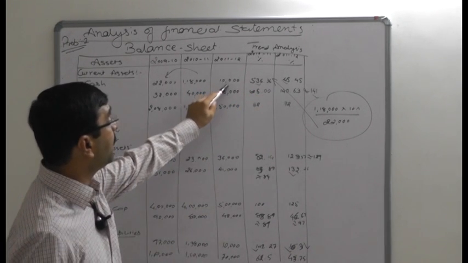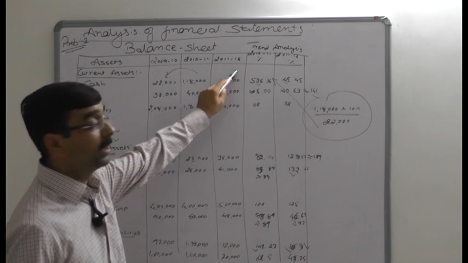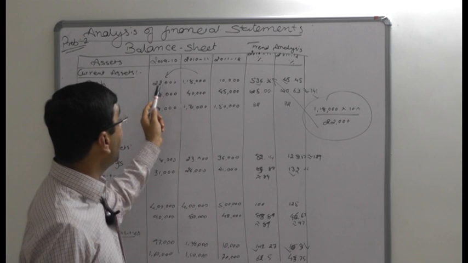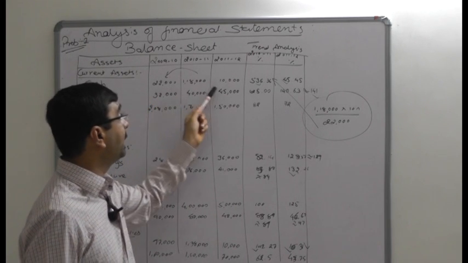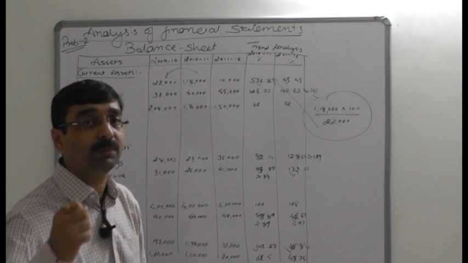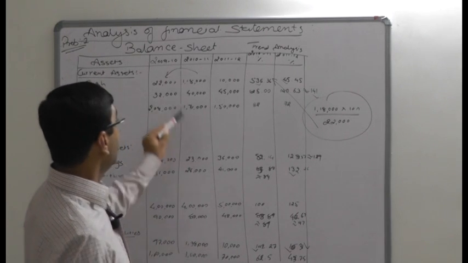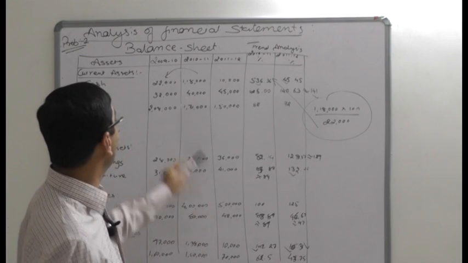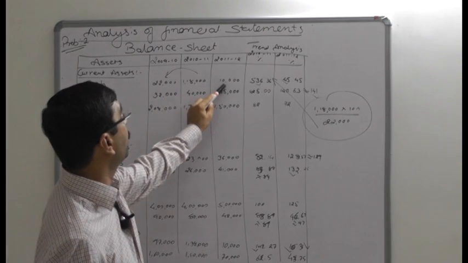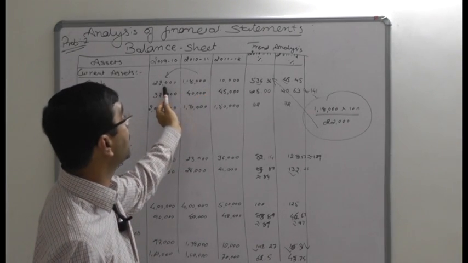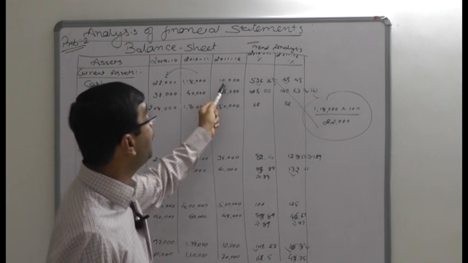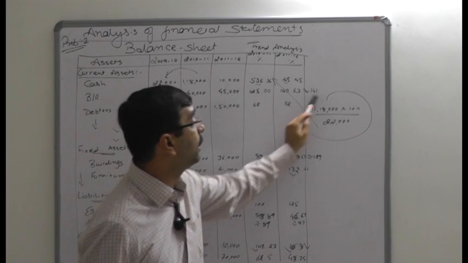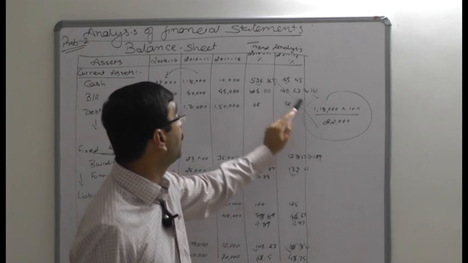Now we compare 2011-12. Again the base year remains the same, 2009-10. What would be the changes, and what would be the outcome? In a prima facie observation, you can easily identify that your cash balance has decreased as compared to the base year. But we need to identify how many percent it decreased. If you calculate it the same way, you will find the answer,